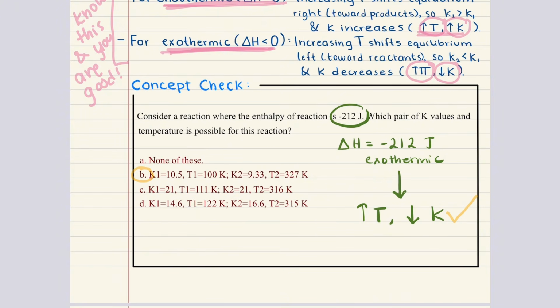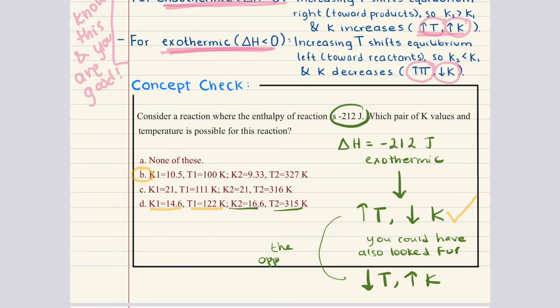Then we move into option D. K1 is 14.6, T1 is 122 Kelvin, then K2 is 16.6, and T2 is 315 Kelvin. So in option D, the temperature increases and the equilibrium constant increases as well. That would be correct for endothermic behavior, not for exothermic. So that means the correct answer here is option B. The reason A is not true is that it says none of these, and we already found a consistent match in